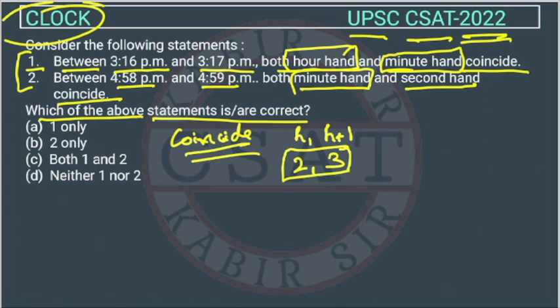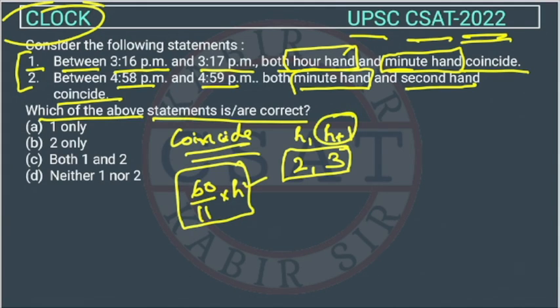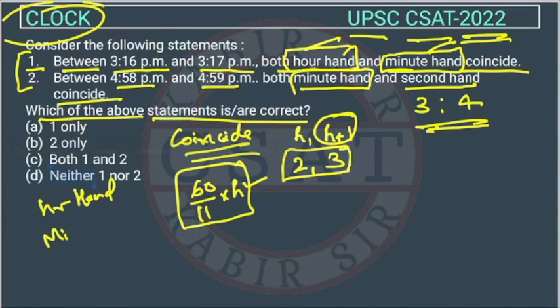So the formula is 60 upon 11 into h, right? We will take h here, not h plus 1. So let's assume in this time. They are asking between 3 and 4 because they are talking about 3:16 and 3:17, right? So we have to find out when the hour hand and the minute hand will coincide. If you remember this clock, there are three kinds of hand. One is the hour hand, another is the minute hand, and another is the second